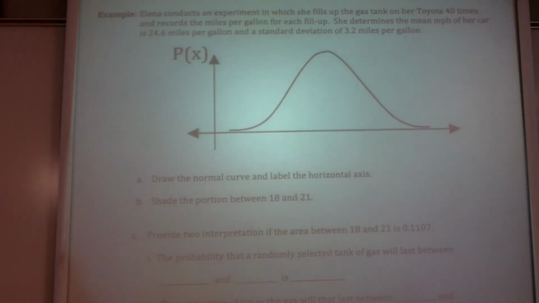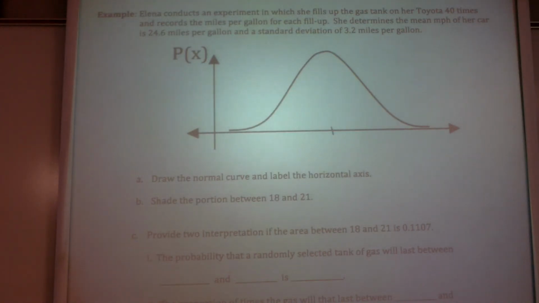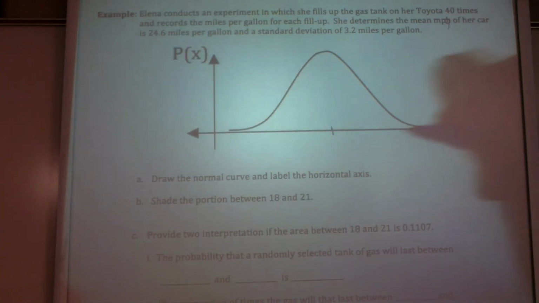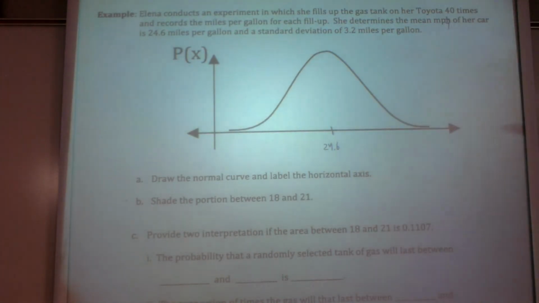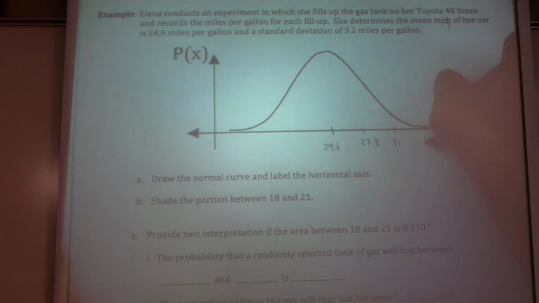All right, so what we're going to do is let's just start at the mean, right there at the middle. Her mean miles per gallon is 24.6. And then we're going to go up by 3.2. So I look at where the inflection point is, it looks right about there. And if I add 3.2, that's 27.8. And then let's go up again. This will be 31. Go up again. This is 34.2. Now we're just going to subtract